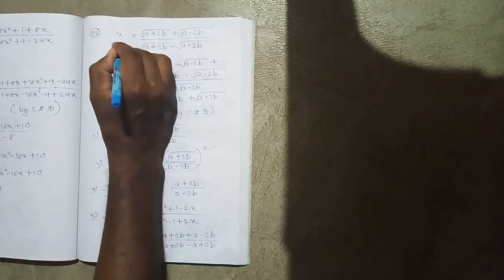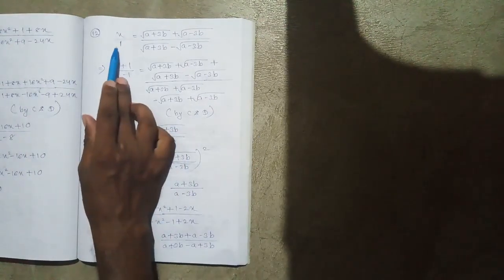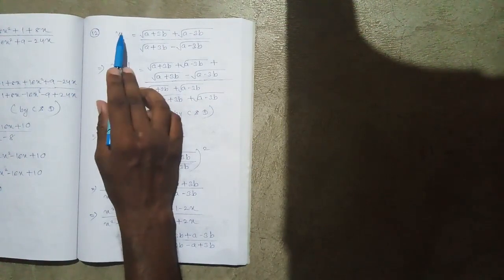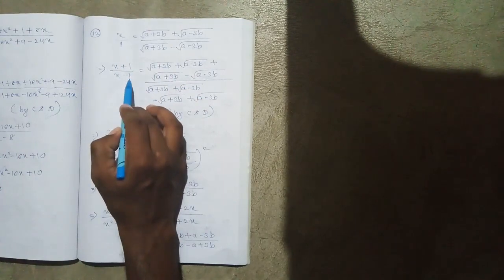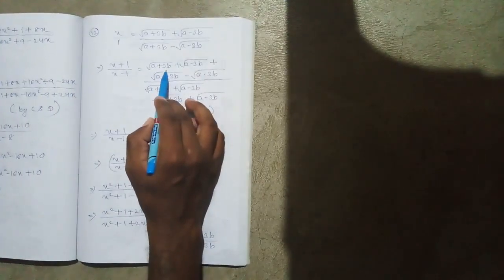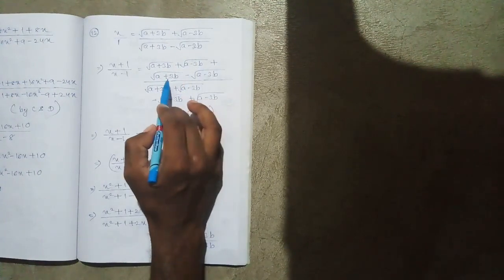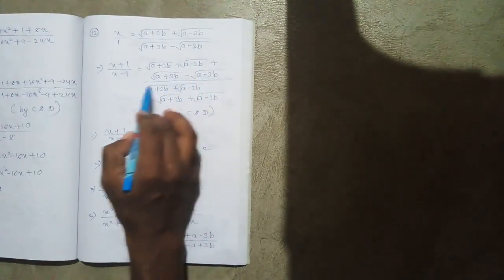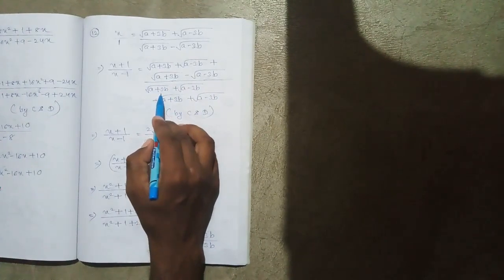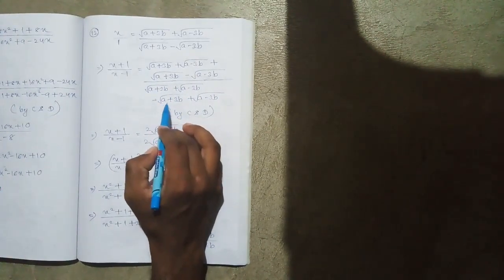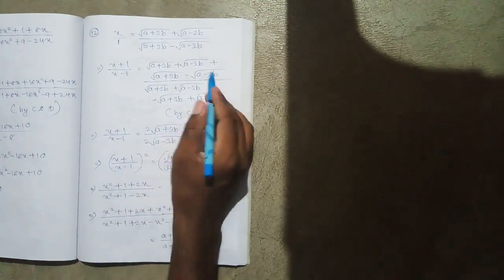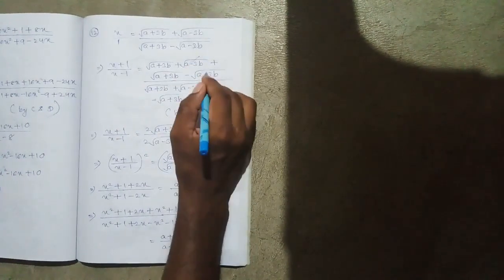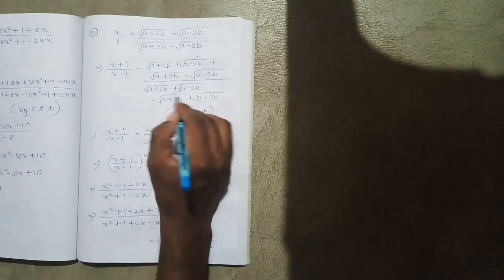x means x by 1. Okay, x means x by 1. So now it is in the form of a by b is equal to c by d. Use C and D. So (x plus 1) by (x minus 1) is equal to (root of a plus 3b plus root of a minus 3b plus root of a plus 3b minus root of a minus 3b) whole by (root of a plus 3b plus root of a minus 3b minus root of a plus 3b plus root of a minus 3b) by C and D. Okay, so you can see in the numerator root of a minus 3b cancels. In the denominator root of a plus 3b, root of a plus 3b cancels.